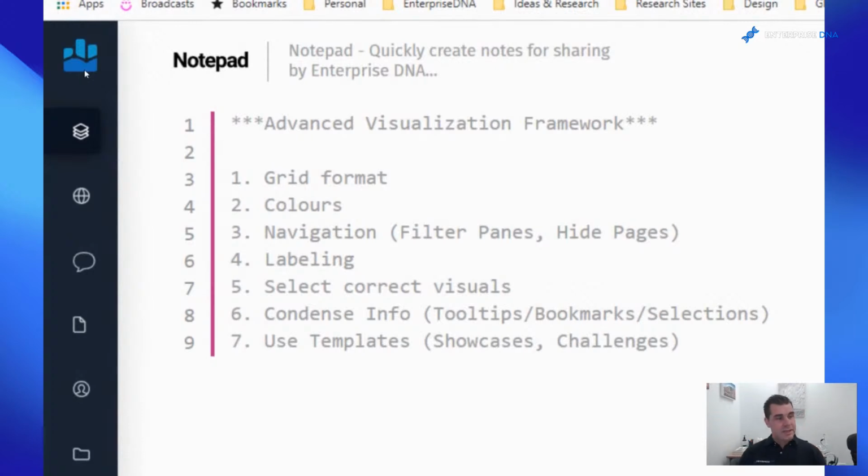These are the key takeaways for you. This is an evolved framework, for me personally, and for Enterprise DNA, because we all collaborate over these particular ideas and techniques that we develop. It is the framework we believe is the best way to build visualizations, to build reports inside of Power BI. My idea here is to first go over all of these items, and then show you some reports that have a lot of these items in them.